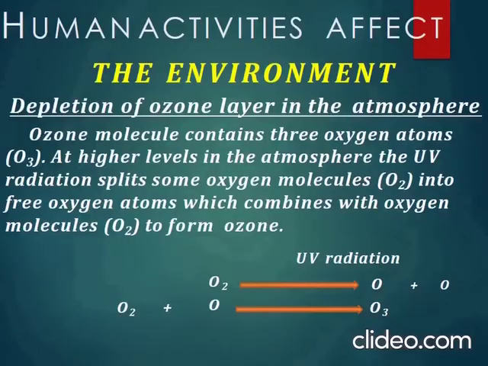Now, the next topic is the depletion of the ozone layer. That is also one of the important topics. Now, an ozone molecule contains 3 oxygen atoms, that we know. The formula is O3. At higher levels in the atmosphere, UV radiation splits some O2 molecules into free oxygen atoms which combine with oxygen molecules to form ozone. So what happens? First of all, these O2 molecules, with the help of